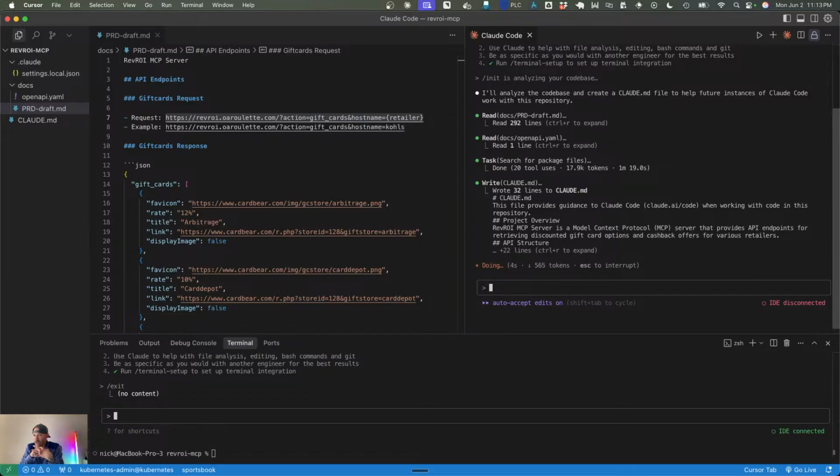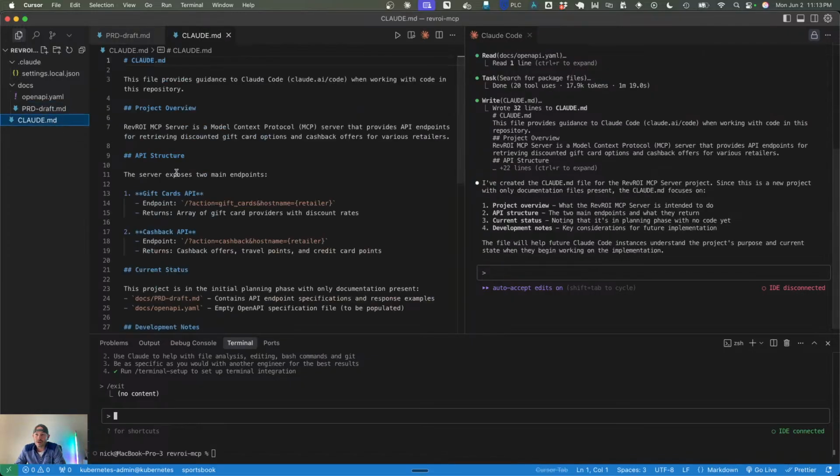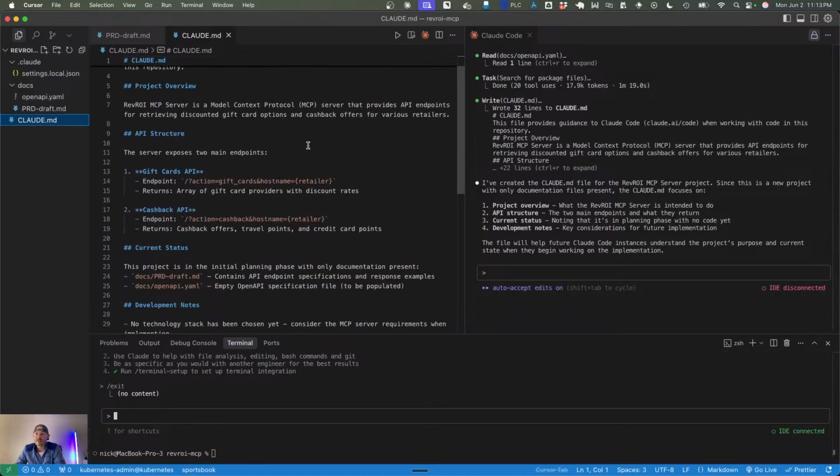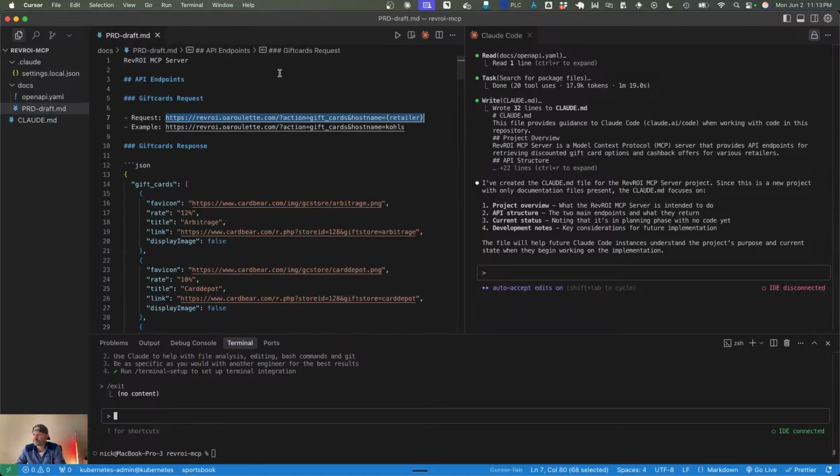All right, this will write it. So now we will have a new file called Claude.md, which is, think of it as its brain or its memory bank. The file will help the Claude instance understand the project and the purpose of the scope. Perfect. Okay, so now what we can do, let me do an exit here on this one,